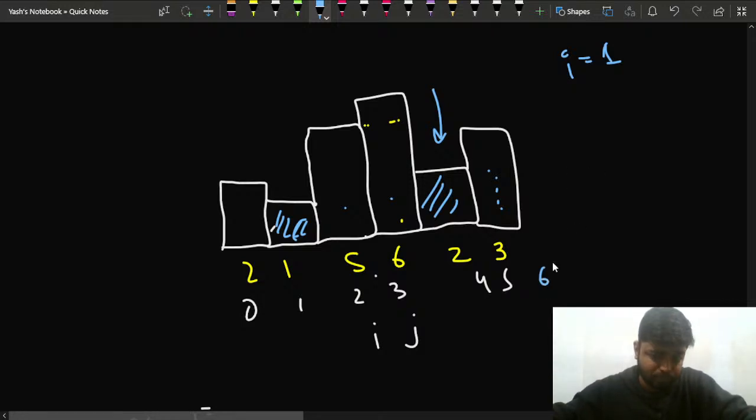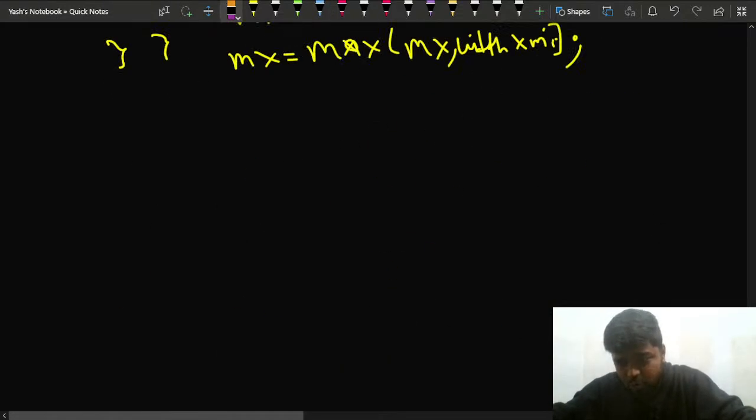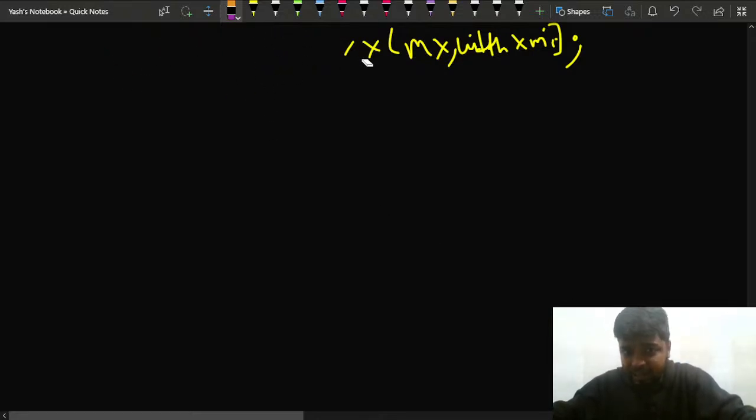Or you can say 5 only. If I am at 5, so 5 minus 1, things like these. You can easily observe that this and this would be included. Don't worry about the index, this and this would be included. So what I'm saying is, if I assume that the current height, the current rectangle that I am at, is A of I,